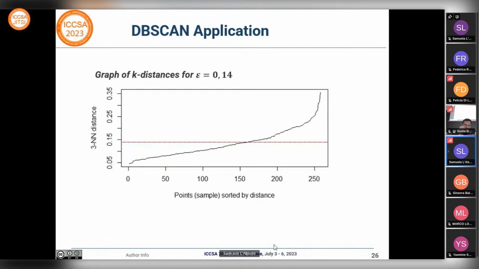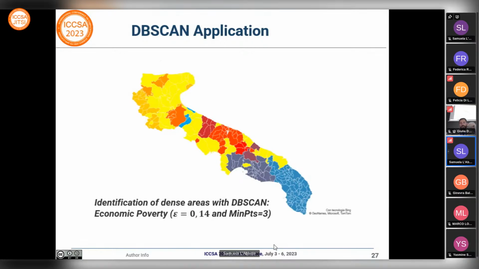Next, these k distances were plotted in ascending order, and the goal was to determine the inflection point corresponding to the optimal parameter. And the cartography shows yellow on the noise points, that is, those not classified by the